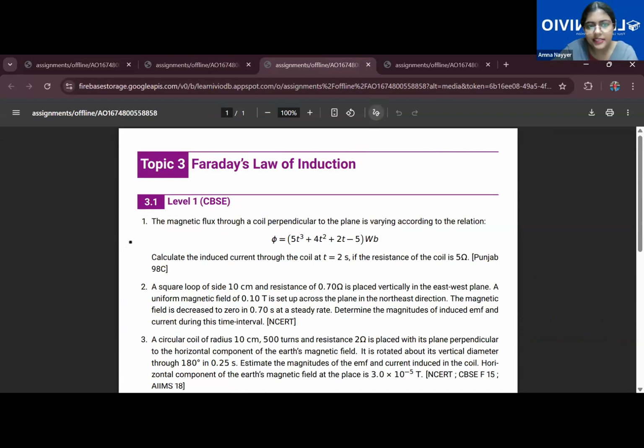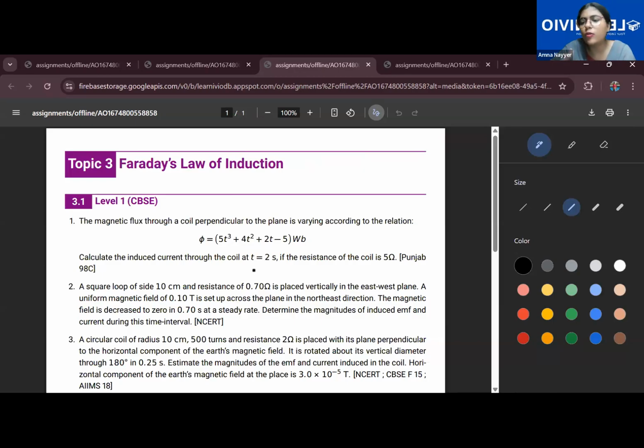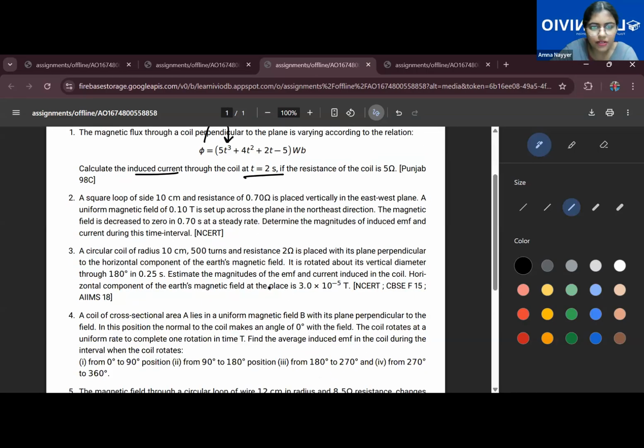See, first says magnetic flux is given and at t is equal to 2 seconds, you have to calculate the EMF. Straight away, now you see flux is depending on time and a time instant is given. So you simply differentiate it, minus d phi over dt. When you differentiate it, it will be 15t square plus 8t plus 2. You put in the value of 2 seconds, you'll get the answer for EMF. Did it ask? No, it has asked induced current. Once you get the value of EMF divided by the resistance, that will give you the current according to Ohm's law. So here, I don't think you'll have much trouble with the questions.